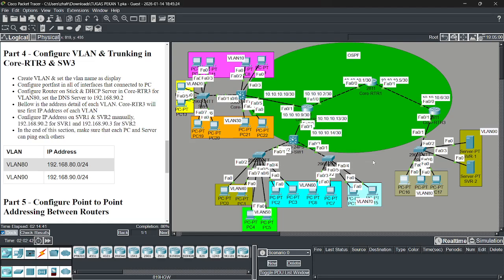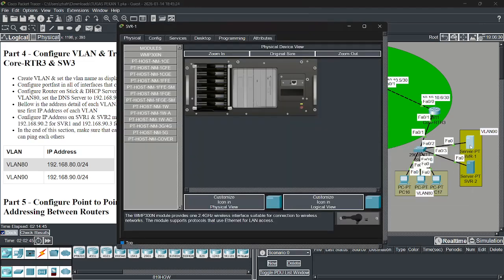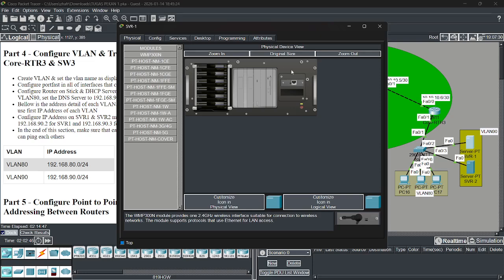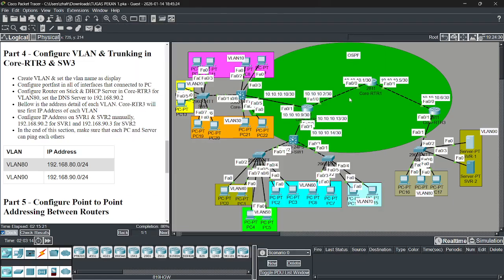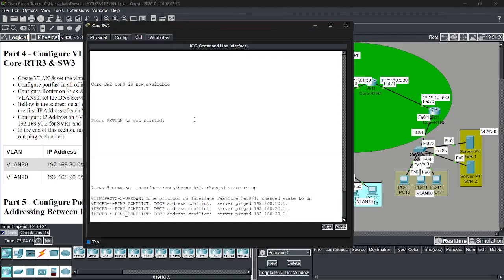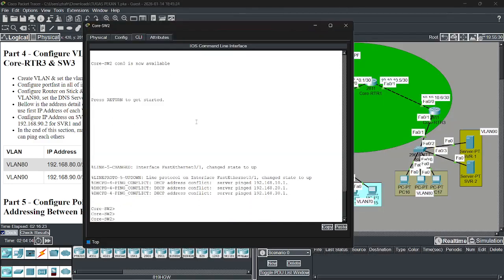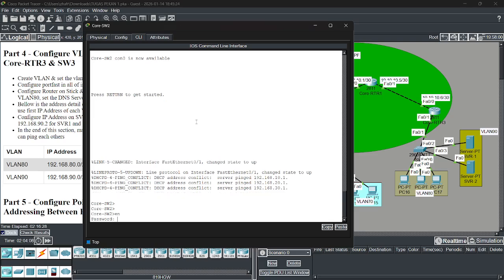Then the server, no, we add OSPF first. We go to core switch, Cisco.